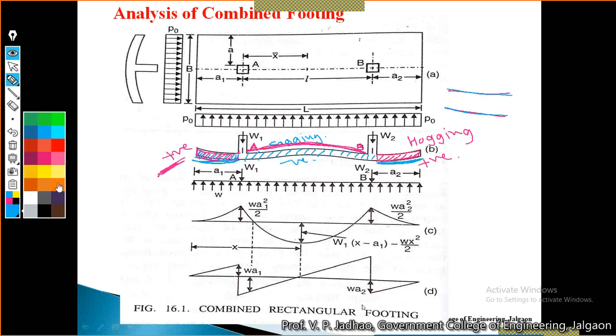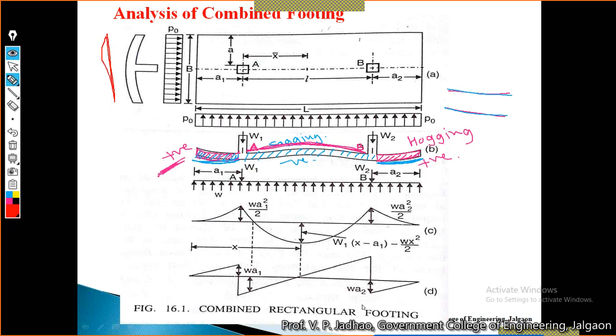But at the same time, we have to see that we are having some bending moment in the transverse direction also. Therefore, again we have to provide some steel reinforcement in the transverse direction. If you are seeing this as elevation, then again we have to provide steel reinforcement in the transverse direction also. So we will be having two meshes, one top mesh and one bottom mesh.